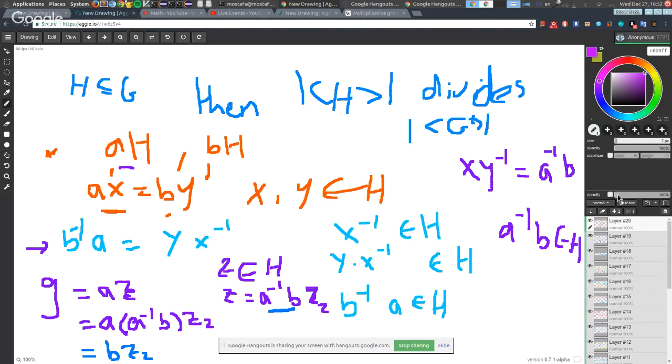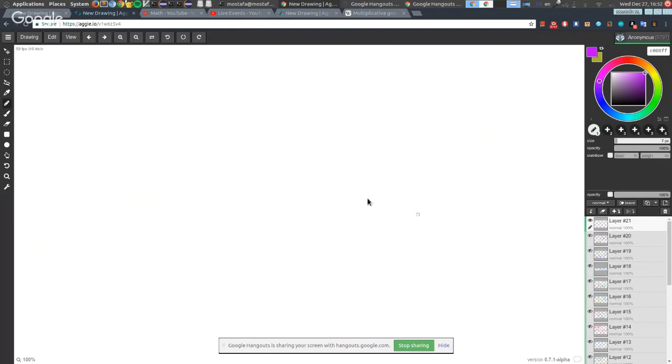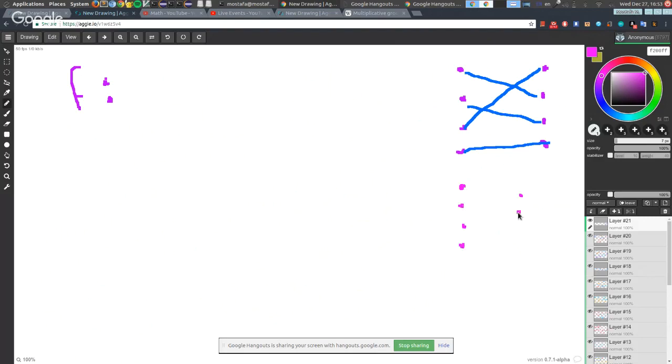So the second would be that all cosets have the same size. This we prove by making a bijection function. Like if you don't know what a bijection is, basically it's just a one-to-one function. So if we have some elements here, so this is a bijection. It has to match each element to exactly one element. And we can't have something empty here, so something like that, or